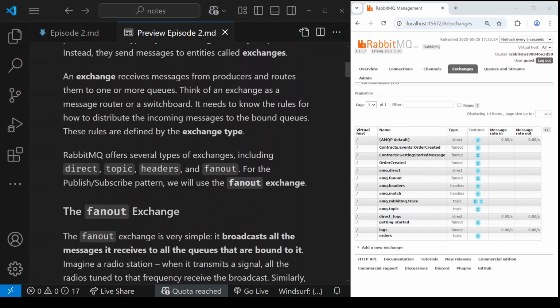An exchange receives messages from producers and routes them to one or more queues. Basically, an exchange sits between a producer and queues. Think of an exchange as a message router or a switchboard. It needs to know the rules for how to distribute the incoming messages to the bound queues. So there's going to be, for example, one exchange and several queues, and that exchange is going to be responsible for routing those incoming messages